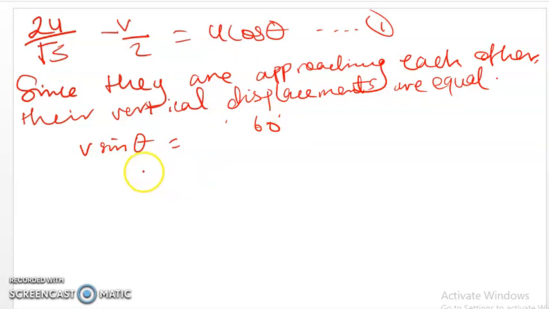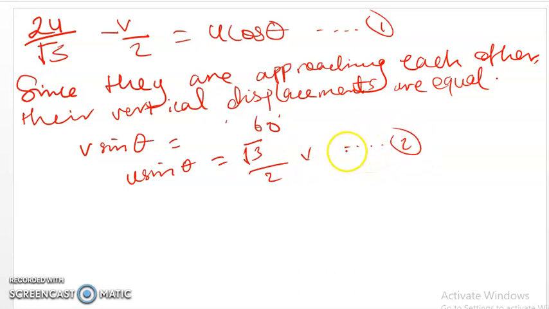So u sine theta will be equal to the root of 3 divided by 2. Then we have v here. Let's call this equation 2. So from equation 1 and 2, adding them together by equating them, let's take a different color. We simply have